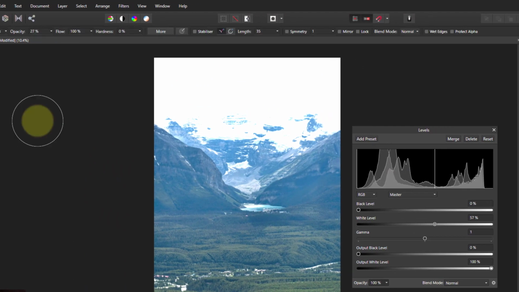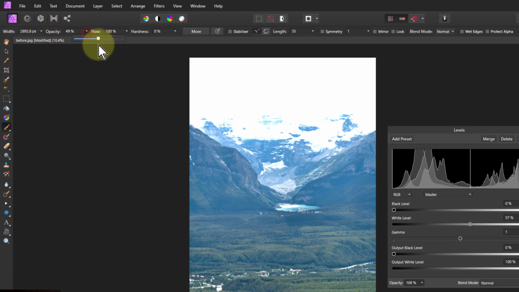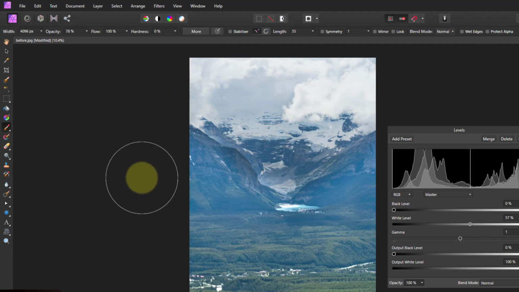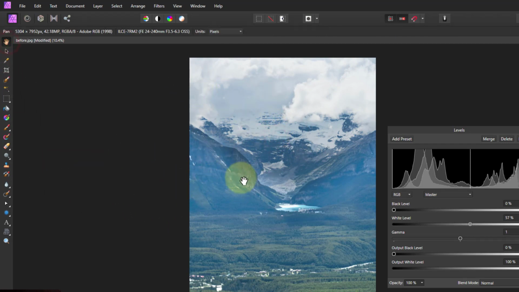Get a paintbrush, make sure it's black. Make sure you turn the opacity fairly well up on this. Hardness is 0, so it's nice and soft at the edges, so you don't see it changing. And paint here, and we're going to paint back the sky and the upper slopes there. But you can also see down here, just for a moment, there's a bit of a bloom